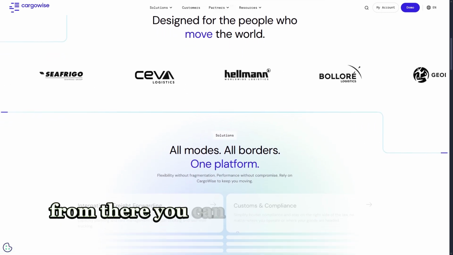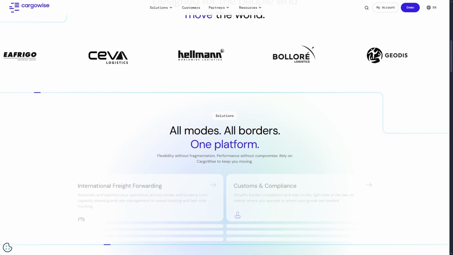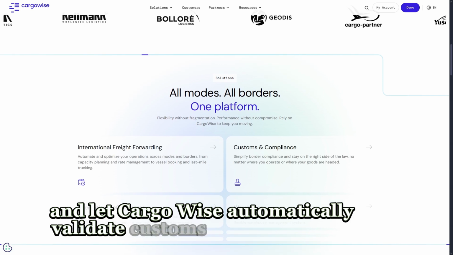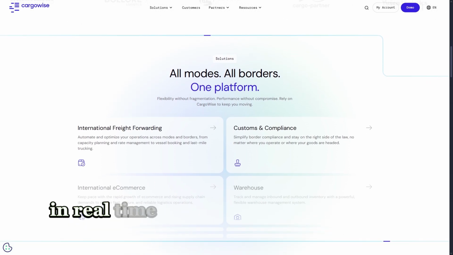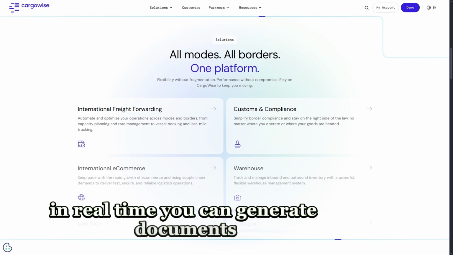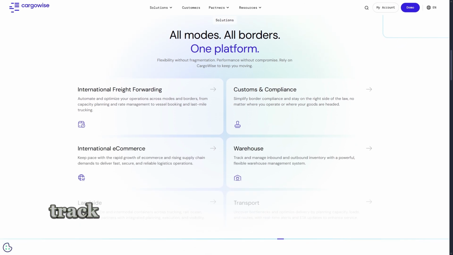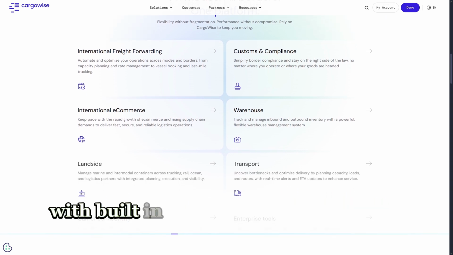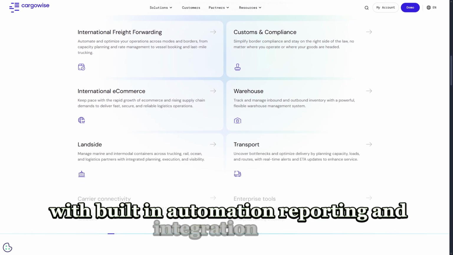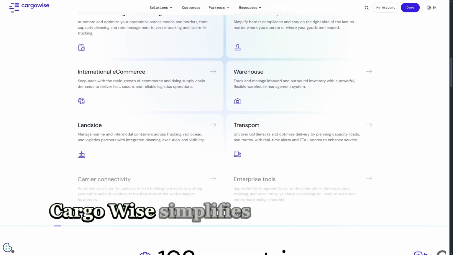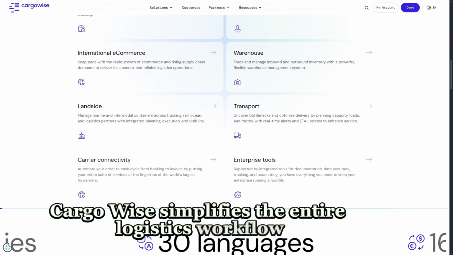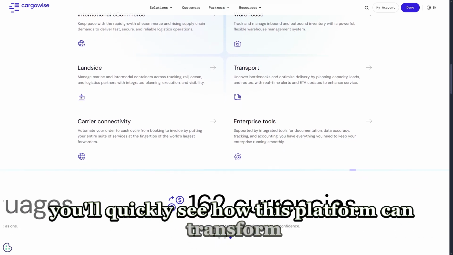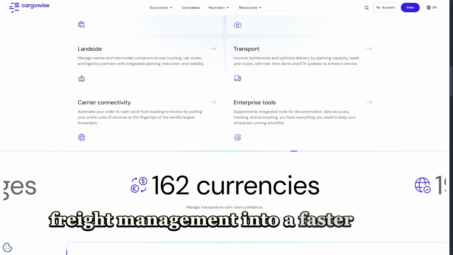From there, you can dive into the forwarding module, create new shipments, and let CargoWise automatically validate customs and compliance in real time. You can generate documents, manage customs filings, track shipments, and even streamline warehouse operations. With built-in automation, reporting, and integration tools, CargoWise simplifies the entire logistics workflow. Once your demo is active, you'll quickly see how this platform can transform freight management into a faster, smarter, and